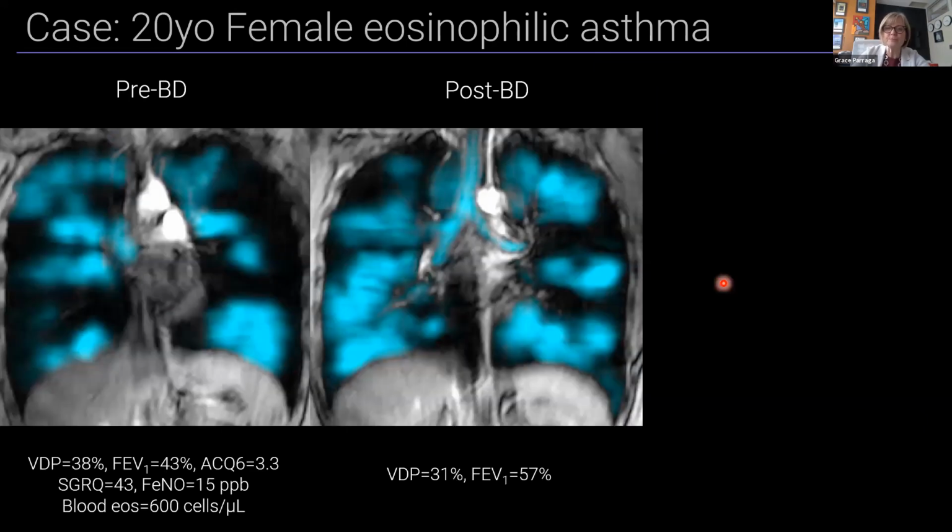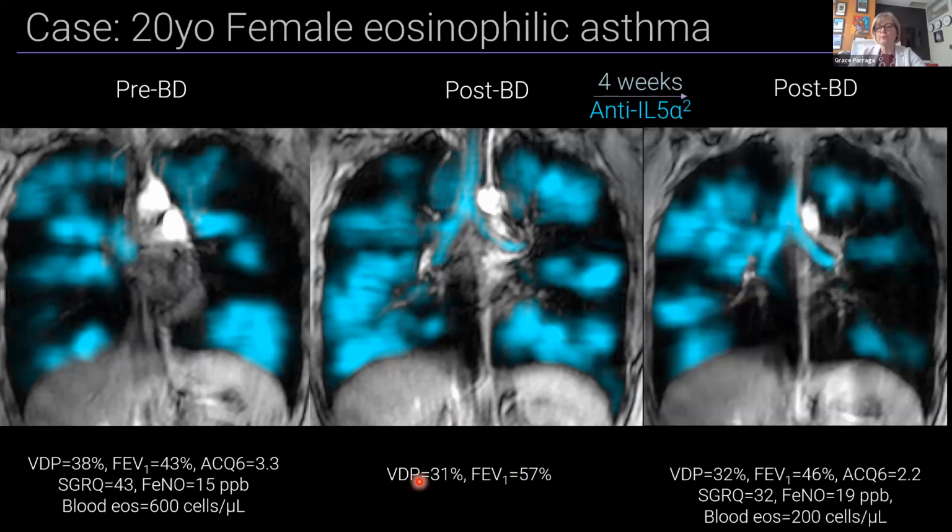On the other hand, this is a 20-year-old female pre and post bronchodilator, a similar story with a miserable FEV1. Blood eosinophils are elevated. She has a post bronchodilator FEV1 that is improved. VDP is marginally improved. And after 4 weeks of therapy, we actually didn't see much of an improvement at all. In fact, I would say that she's just about the same. She's feeling a little better. We didn't have a complete resolution of blood eosinophils or